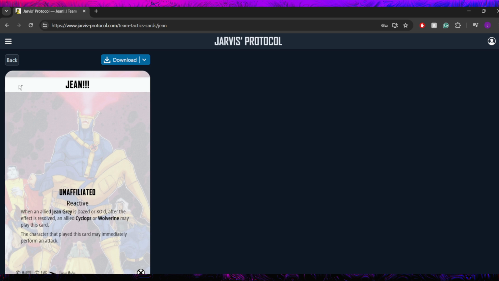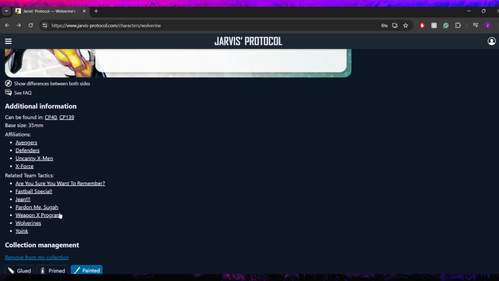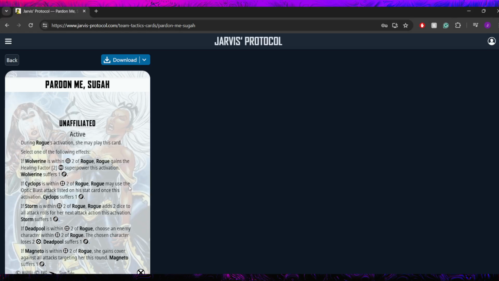That's a kind of niche example, but there are some cool things you can do with that, so definitely worth considering. Next up in the list here is Pardon Me, Sugah. This is Rogue's card, and it is unaffiliated as well. So again, if you're playing with Rogue and Wolverine, you can use this card, and there are a ton of different characters it applies to, so I'm not